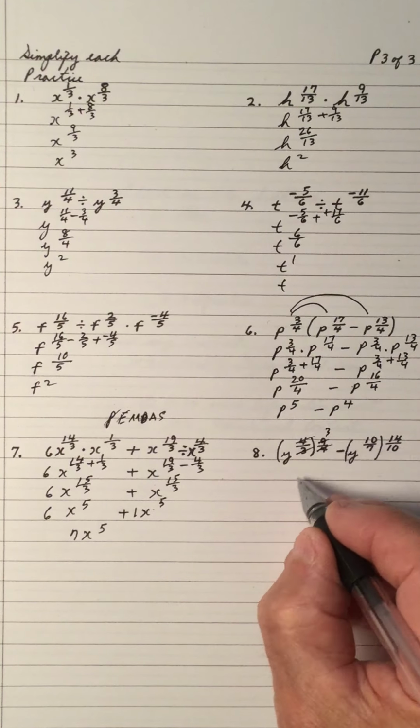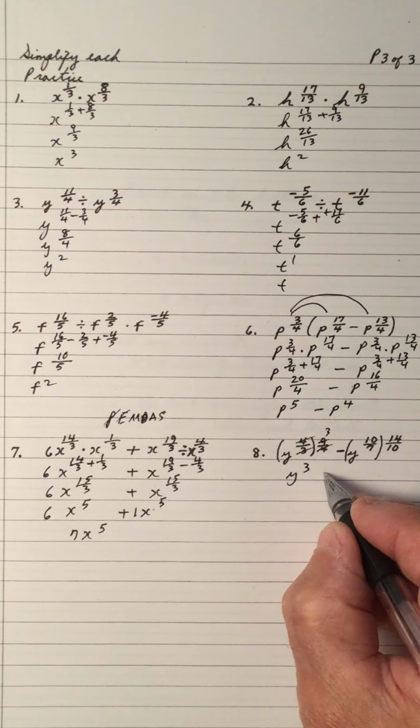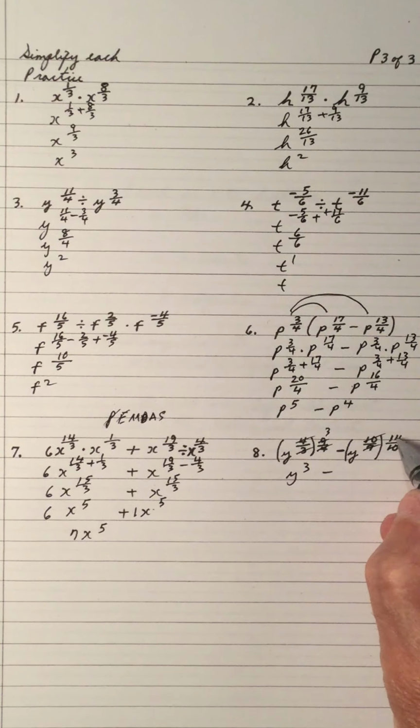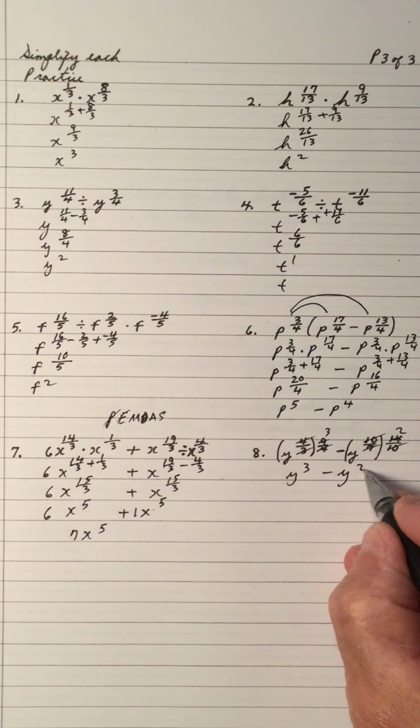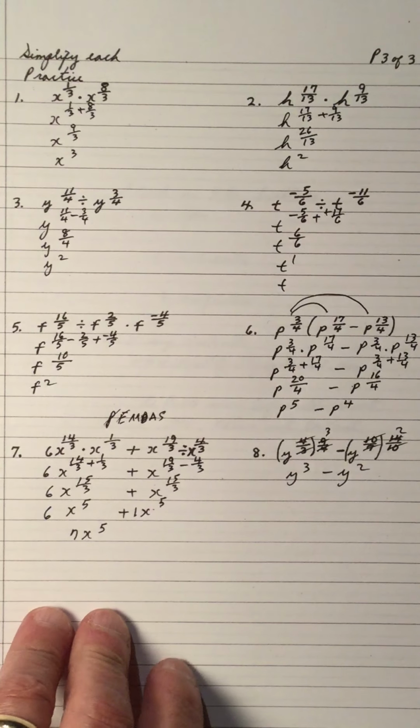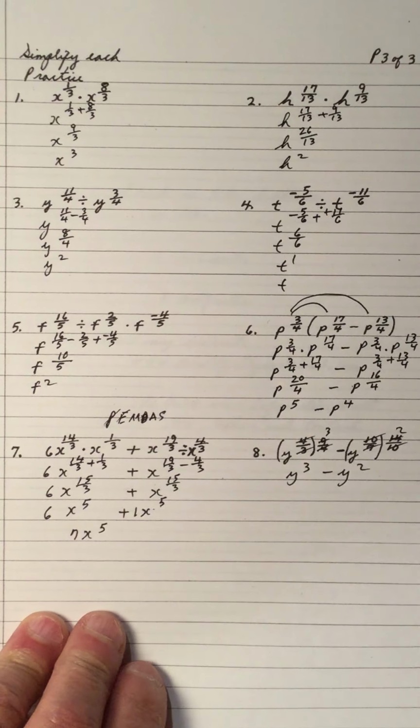3 and the 9 goes 3, so that becomes y cubed. And the 10's cancel. 7 and 14 goes 2, so it becomes y squared. And we can't subtract these because they're not like terms. And that brings us to the end of the simplifying